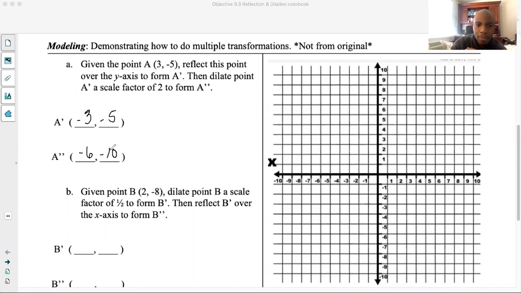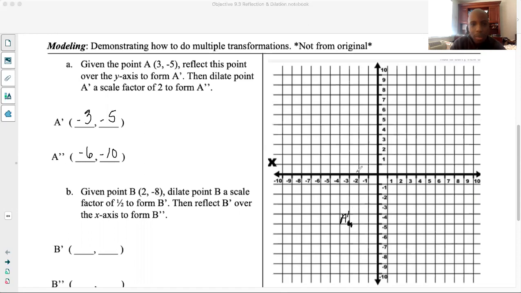Now remember, I want to make sure you're able to identify coordinates. It's very important that you can look at a coordinate plane and say exactly where those coordinates are. I know this is repetition over and over again, but I want you to get better at it. You need to get better at it. -3, -5 is down here, right about here. I'm going to make a nice dot there, and I'm going to label this dot. We want to make sure we label it. This is A prime,